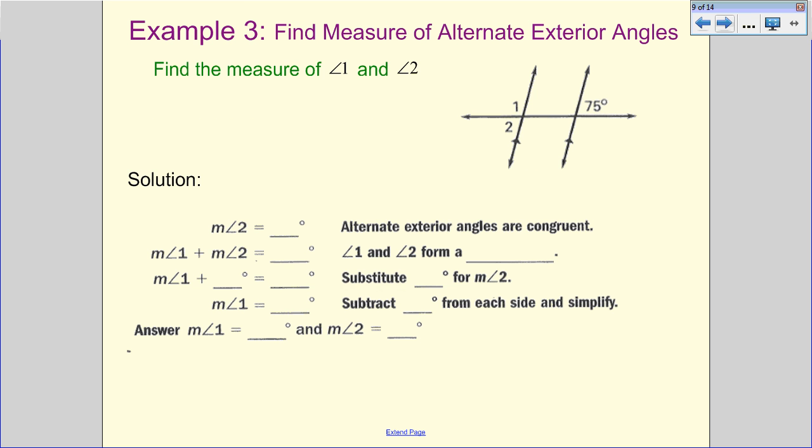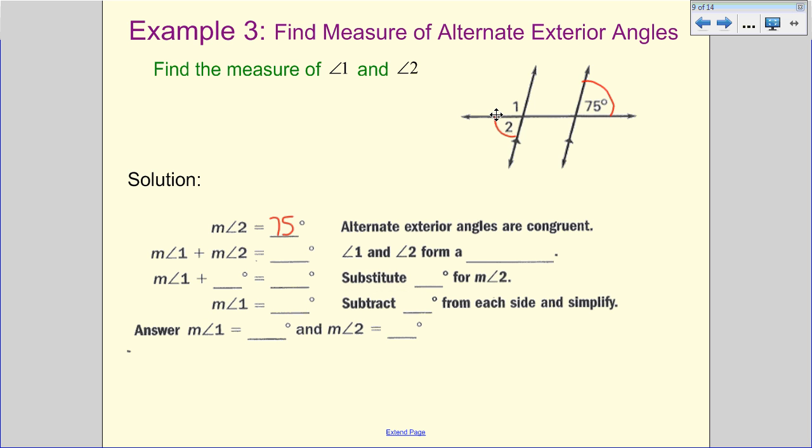So example 3, find the measure of angle 1 and the measure of angle 2. So let's take a look at this. We know the measure of angle 2 is 75 degrees. The reason for that is that alternate exterior angles are congruent. So I look at outside the two lines, one above and one below, for alternating, and that gives me exterior